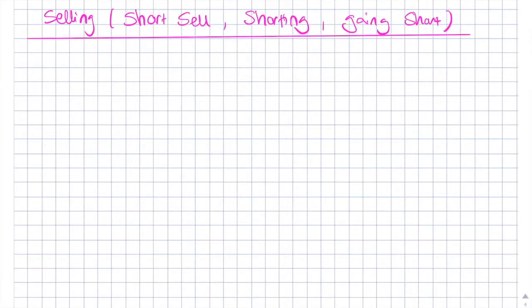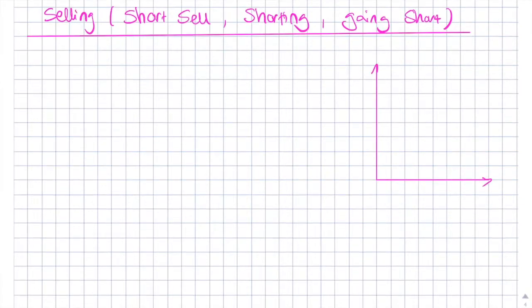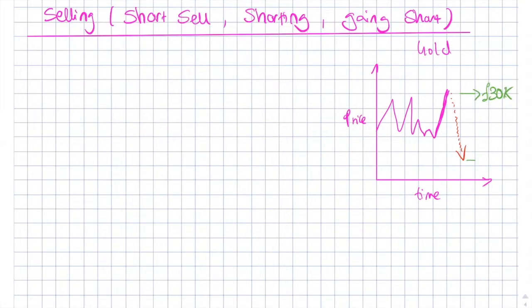The concept of selling, or short selling, or shorting, or going short, is quite similar to the buying one. Let me show you. I'm going to start with a similar example as I showed before with buying, and let's say this is gold. Gold price against time. The price of gold initially is £30,000, and you're expecting the price to drop to £10,000, and you have no money,